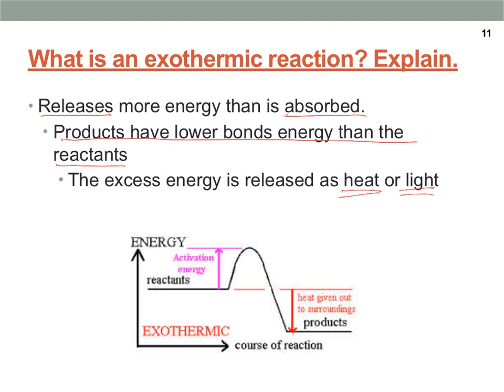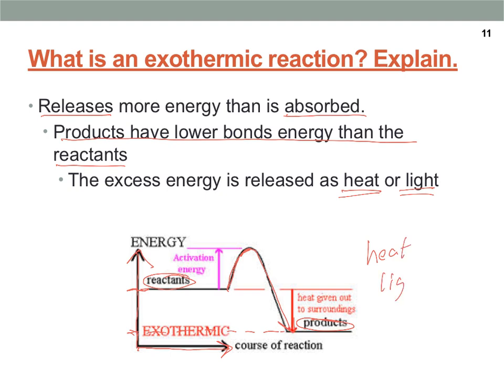Through the little graph, we have the amount of energy on this axis, and the course of the reaction, or the time of the reaction, on this axis. The reactants are here. To get the reaction to go, it requires a little bit of energy called activation energy, so it's going to go up. The amount of energy goes up this much, and then this thing's going to go to completion. Where the products down here have less energy, right, because they're this high, less energy than the reactants, this side. So where'd that extra energy go? It was given off as heat